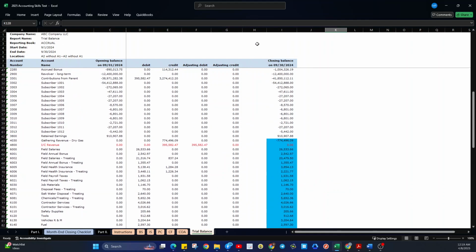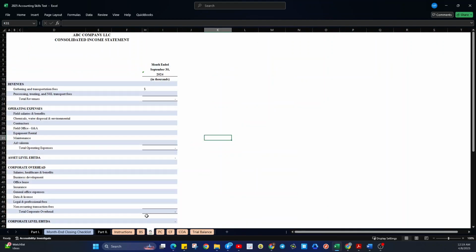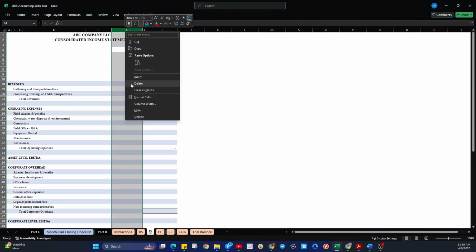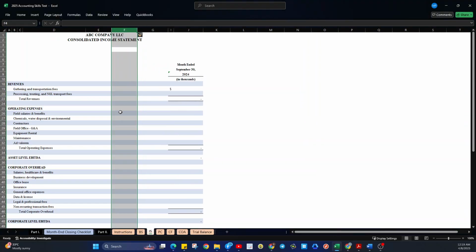So the next thing we will do is plot these numbers to the income statement. So what we need to do is put numbering here, so it will be easier to transfer the information. Like here, let's put 1,